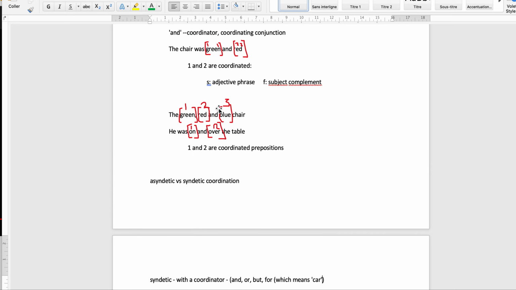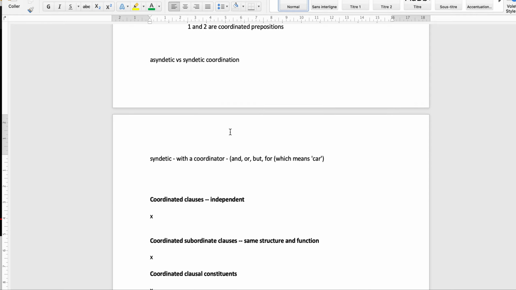You've seen them used here. Notice if I have two elements, I'm going to put the coordinator between the two. If I have a series of elements, I'm going to put the coordinator between the last two. Okay, which means that actually 1 and 2 and 3, they're all coordinated, right? Okay, but that means we don't need to, obviously it would be stylistically strange, but we in theory could have 2 ands here, but we don't need to, right? And that actually leads us to see that sometimes we can have coordination without a coordinator, right? Okay, and that's what we call